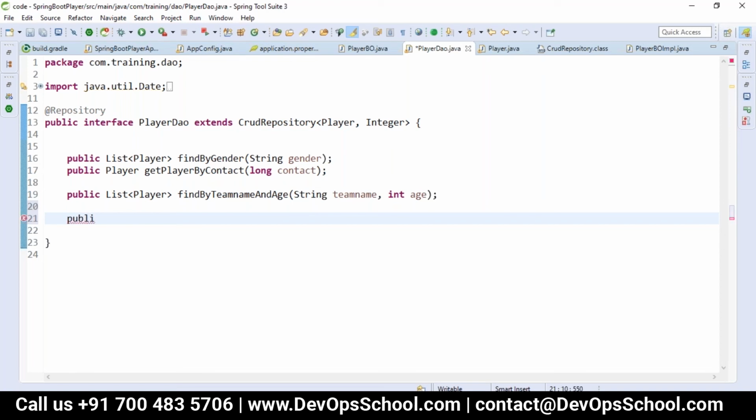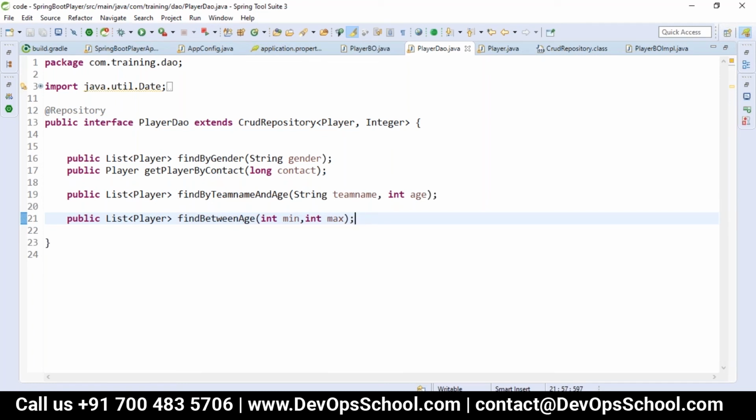Let me take public List<Player> findBetweenAge. I want to find people between this age, like 20 to 25 age.